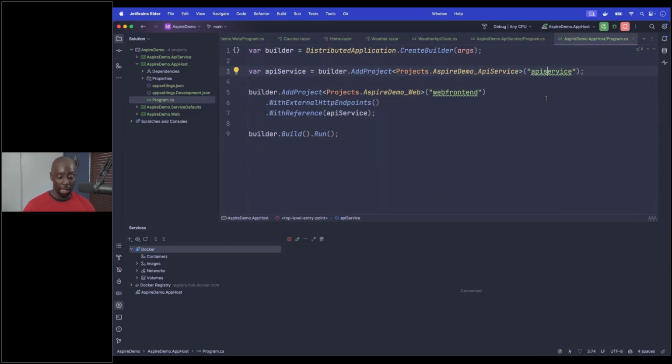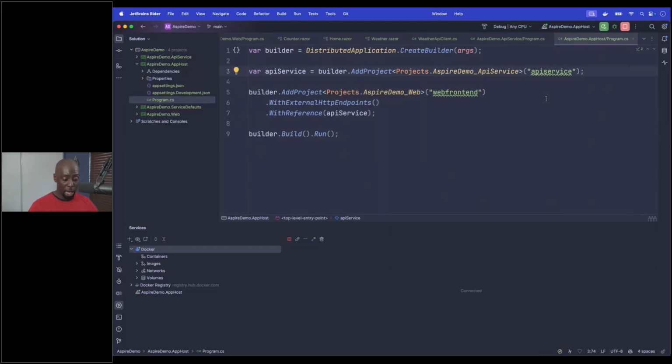You can call it API, weather service, whatever you want. Doesn't matter. The whole point is that I'm getting an actual programmable reference to my project. It's the same thing with the web front end, that I showed you was built with Blazor components.